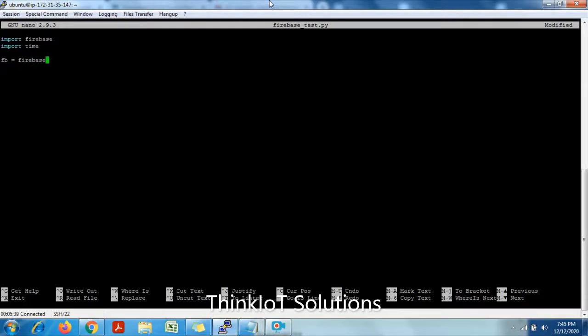In the library called Firebase, there is a function called capital F Firebase, capital A Application. Using this functionality, we connect to this particular Firebase account, and whenever you want to connect with that Firebase and communicate with it, you can use the name FB here. So Firebase is the library name, with capital F, and FirebaseApplication, with capital A, is a functionality within this library wherein you need to provide the URL link. I am providing the URL link here, which should be given in quotes.